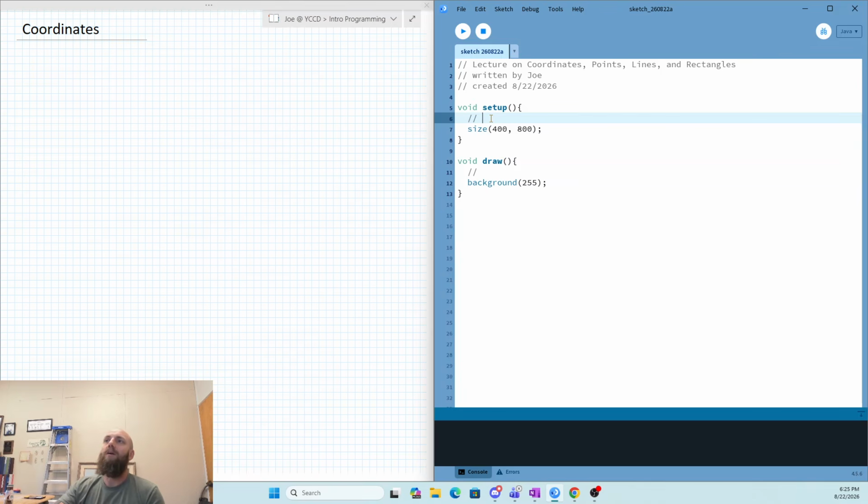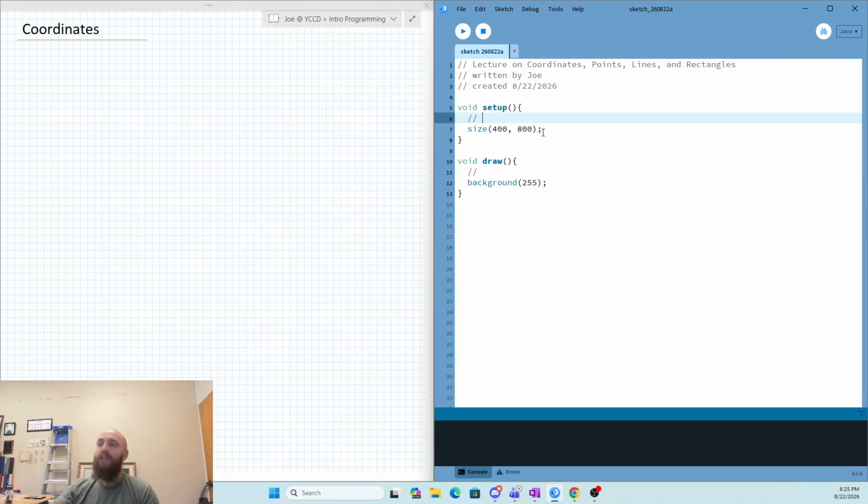So I'm going to continue to split stuff between setup and draw a little bit. We'll talk probably more in class about the subtleties of which things go where. We'll definitely have some opportunities for these to matter. Today it's not going to matter a ton whether you're writing things in setup or draw, but I'm going to split them out. So I'm going to write the size stuff in setup, and I'm going to write everything else in draw. So in setup here, I'm going to write myself a little comment